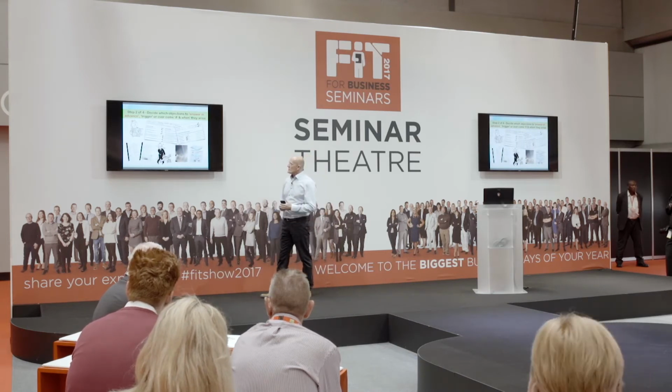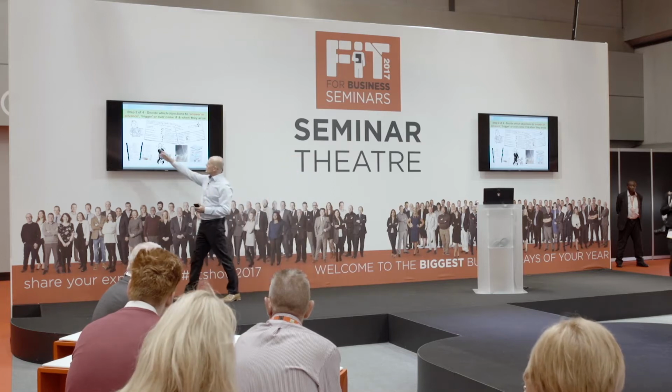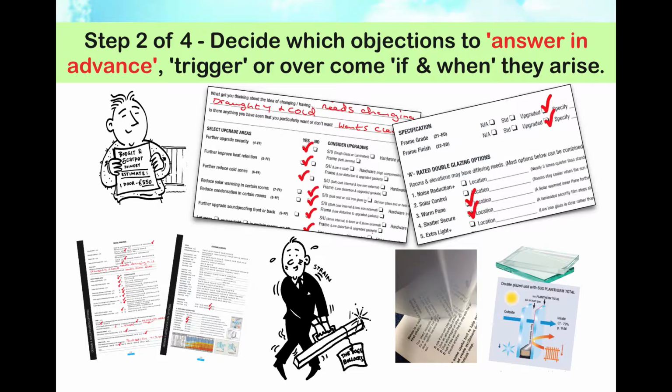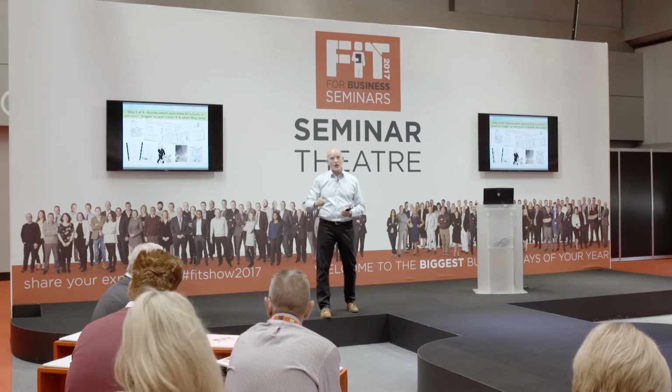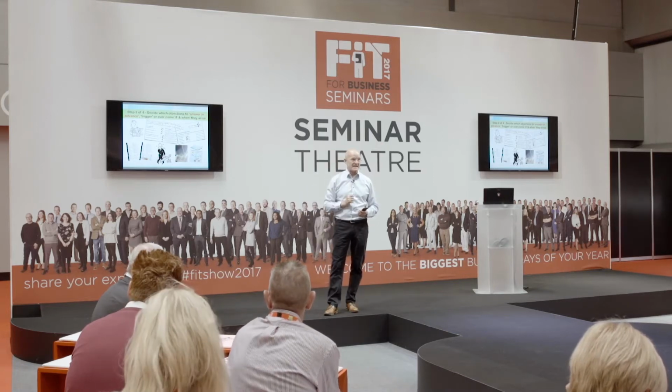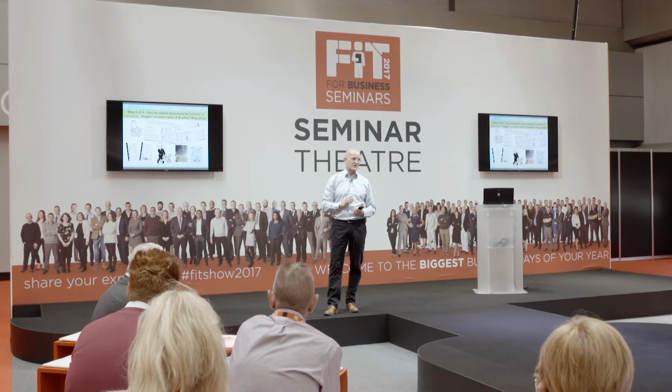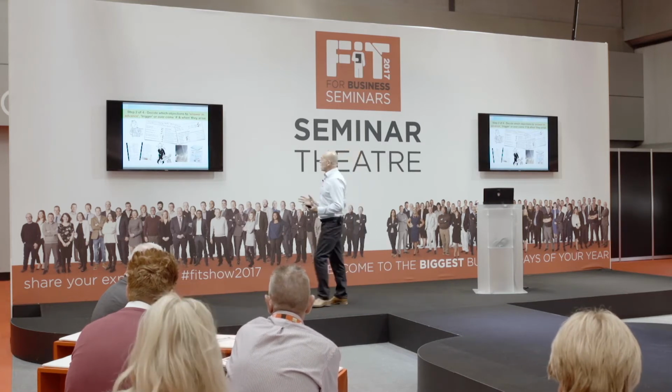Another objection to potentially answer in advance is this one. You probably can't see it there, but he's had a price off Budget and Scarpa for 550 quid for the back door. So that's predictable, isn't it? You go out there quoting for doors, and quite often somebody is going to be quoting as low as that. Or if they're not, it might be their price perception. So this I would like to answer in advance as well. So how do you answer in advance?